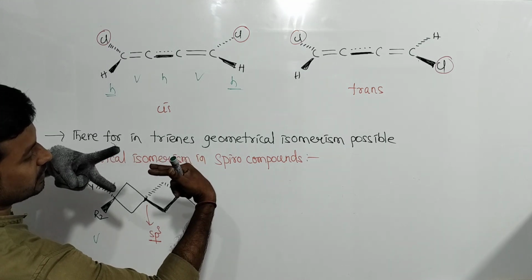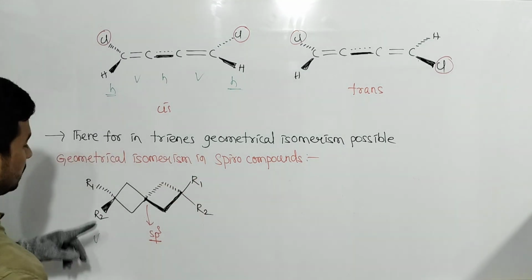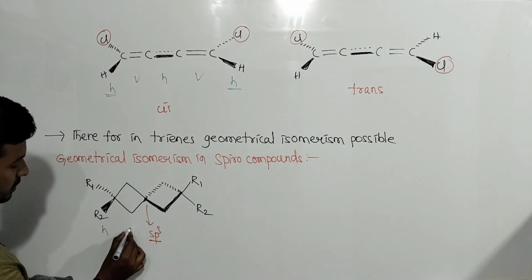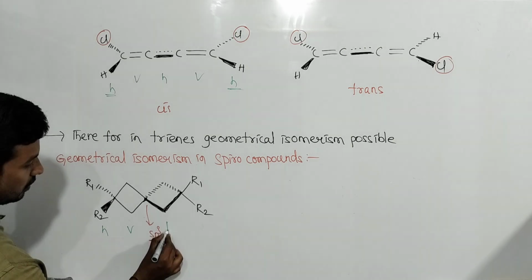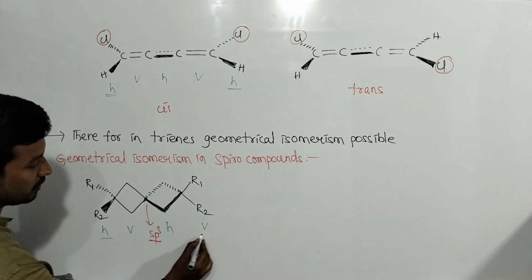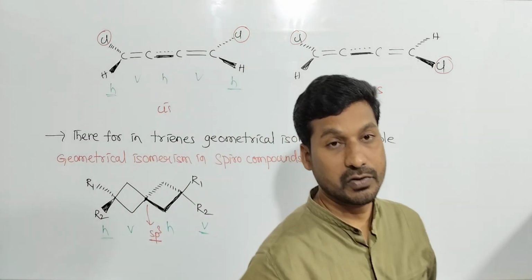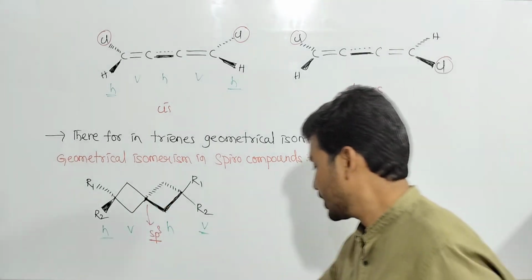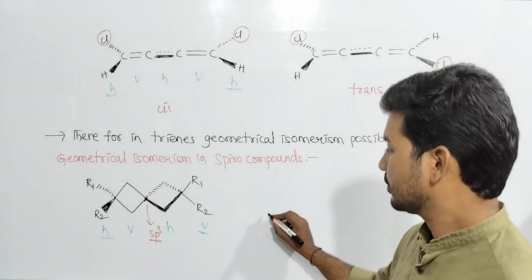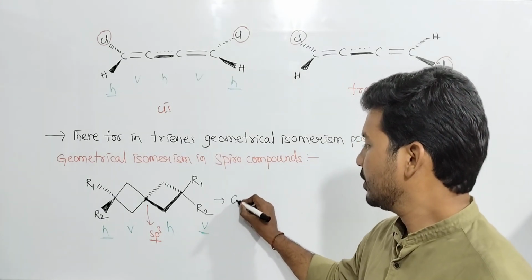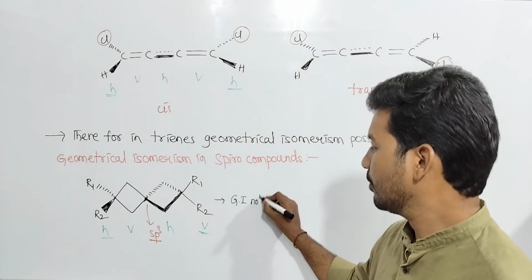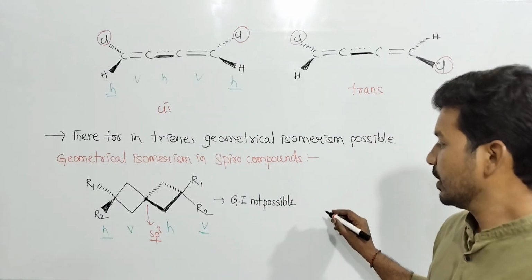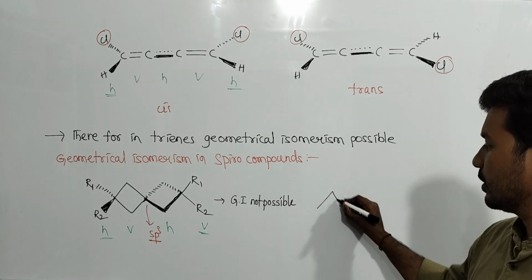But one is vertical, the other is horizontal. Cis-trans not possible. So this is vertical and this is horizontal, and this is vertical, this is horizontal, this is vertical. Horizontal, vertical cannot show geometrical isomerism. If three such cycles are present, geometrical isomerism is possible. Here GI, geometrical isomerism, is not possible. If three of such cycles are present like this, vertical,